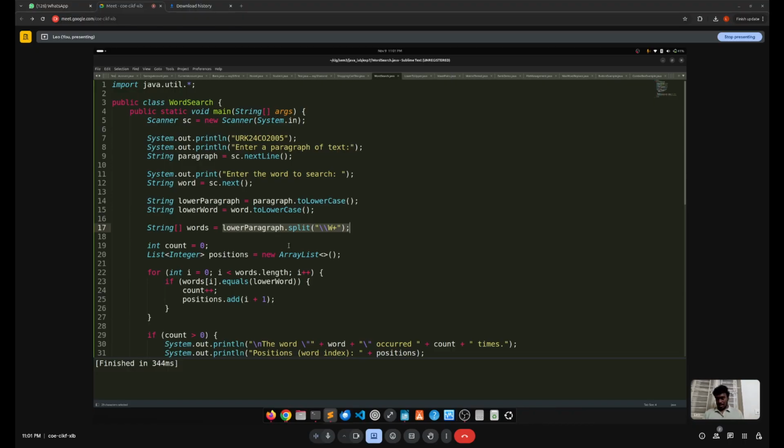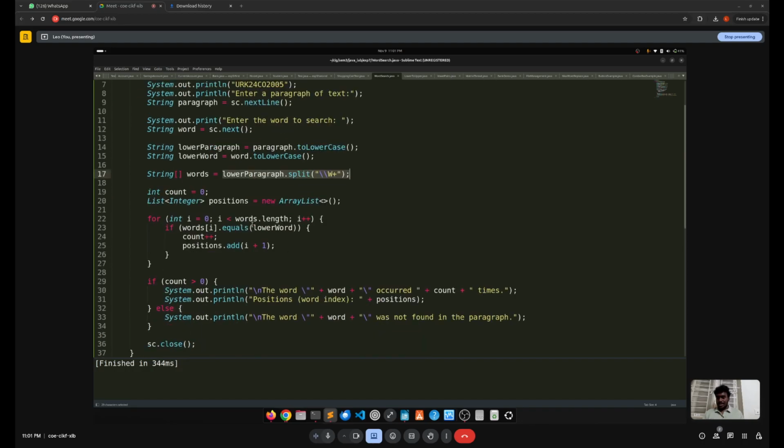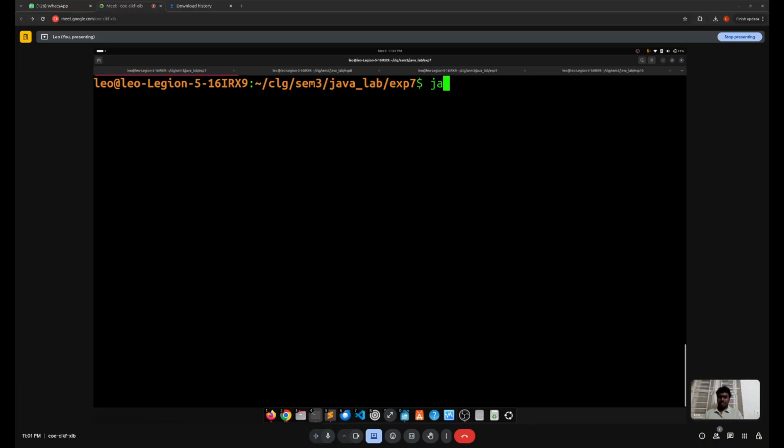So over here, I traverse the words array once, and whenever a token equals the target word, the count variable is incremented by one, and it pushes the one-based index to the positions. So as you can see over here, when I run this code,